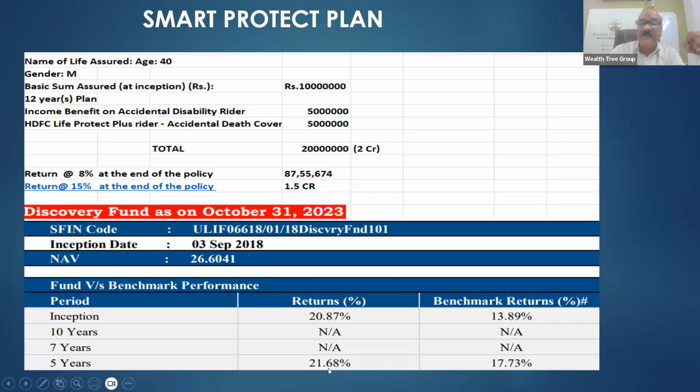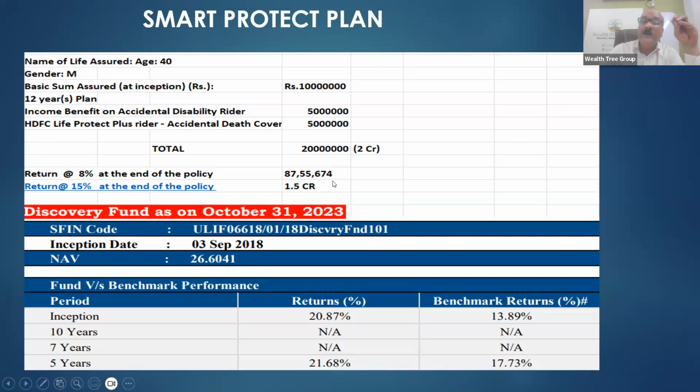And if you see the performance of this fund since inception, from the inception of this fund, it has given around 20.87% return. That means whatever you are paying, this 1 lakh, it has been invested. Previously, in the other case, in the pure term plan, whatever 87,000 you are paying, it is not invested. You are not going to get anything back. Here, that also 1 crore you are getting, 1 crore of insurance. But in this plan, you are getting 1 crore plus another 50 lakhs. That means total 2 crores.